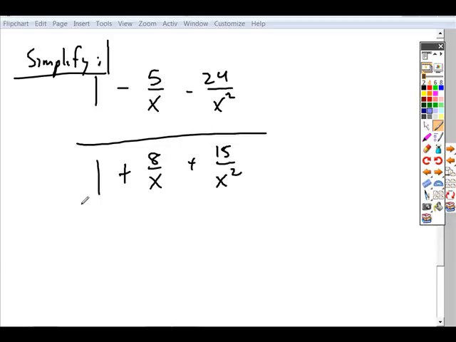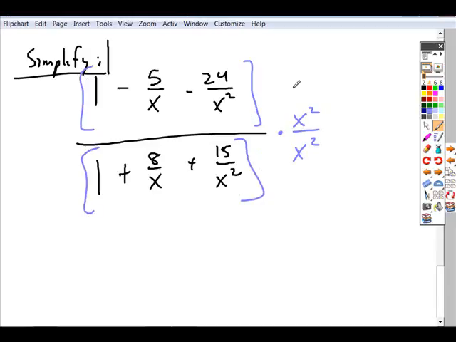So the LCD of every denominator involved in this, the top or the bottom here, is x squared. So if we multiplied by x squared over x squared, does that change the value of our fraction? Because x squared over x squared has a value of what? 1. So multiplying by 1, it's called the identity property of multiplication. It's not going to change the number. So if we take each of these expressions and we multiply by x squared,